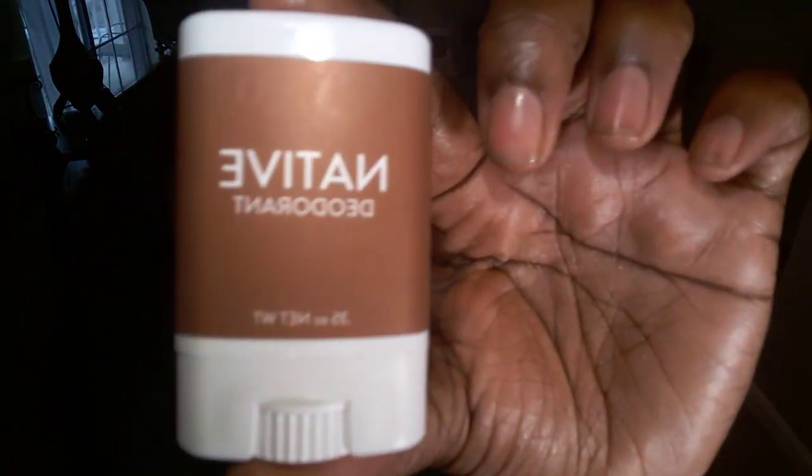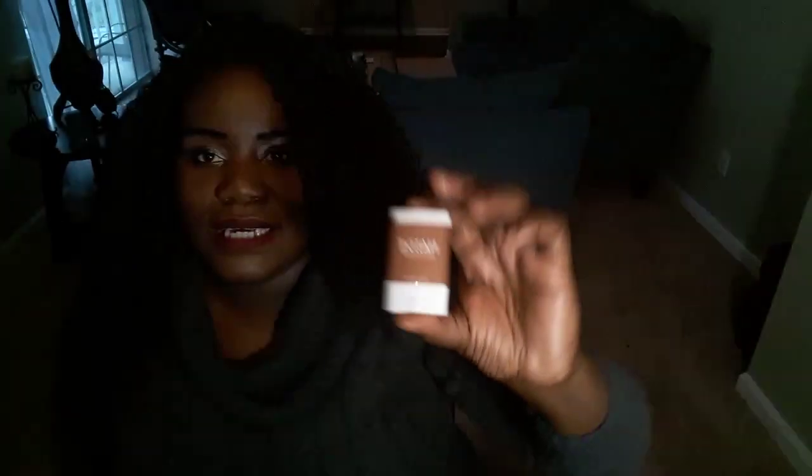So the next one I have here is some deodorant from the company Native. And this is in the scent coconut and vanilla. Oh, that smells good. Yeah, you can really smell the coconut in this. The next one that I have here,